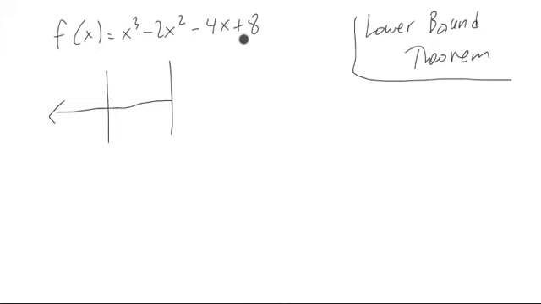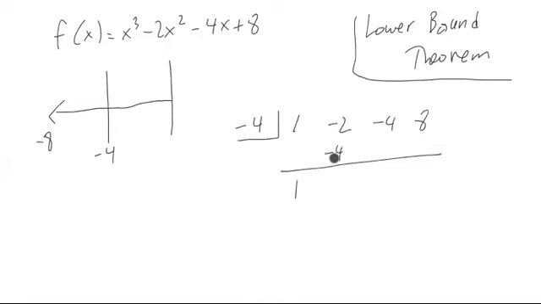Now, if we looked at a list of factors of 8 divided by factors of 1, the lowest we'd go down in that list would be -8, but that might be too low. Let's try -4 and try plugging in and see just what happens inside the synthetic division machine for the function 1, -2, -4, and 8, and we proceed. 4, -6, positive 24, so 20, -80, and